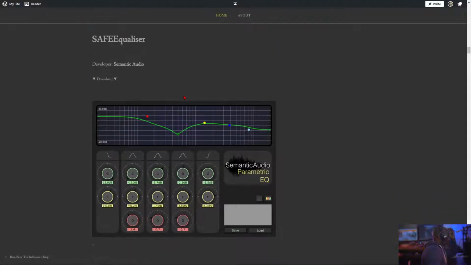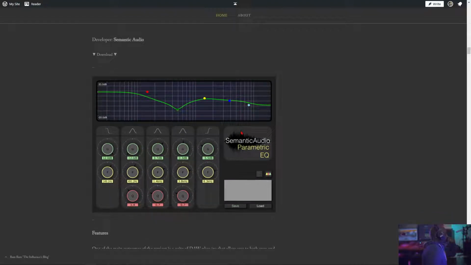Last but not least, we have Safe Equalizer. So in September, when we did compressors, and last month when we were doing reverbs, we talked about the Safe plugins, the Safe line of plugins. And here's the Safe Equalizer. So we did the reverb, we did the compressor. Here's the Safe Equalizer. This one, once again, like all the Safe plugins, the main unique feature is the fact